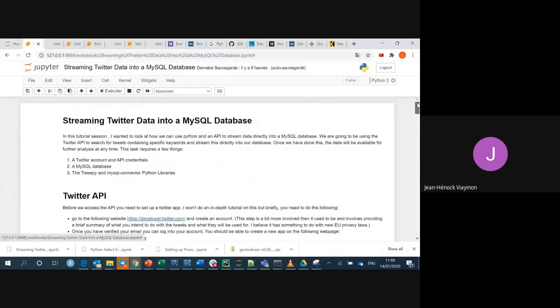You will do it by yourself, but because you need to provide... So there is the use of Twitter API. So you will need to provide your credentials and things. So now, what I wanted to look at is how can we actually use the Python and